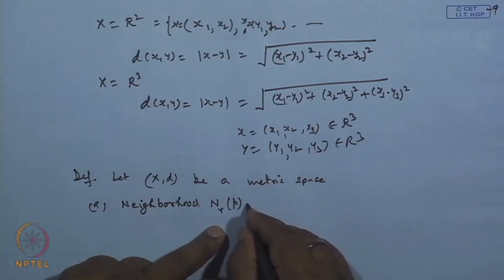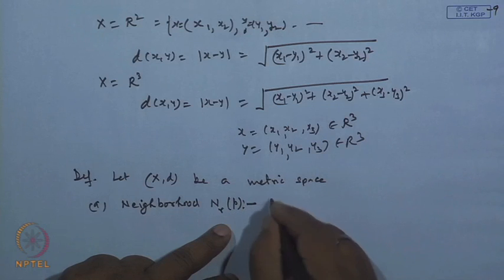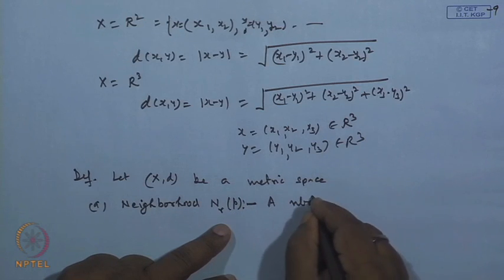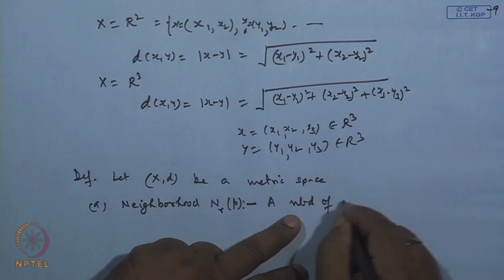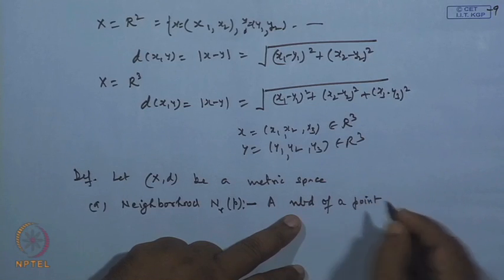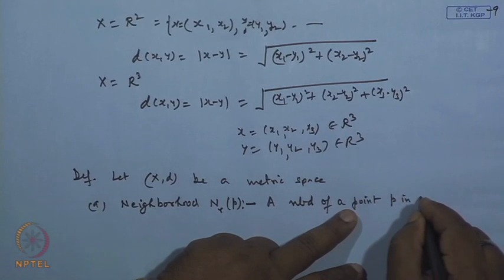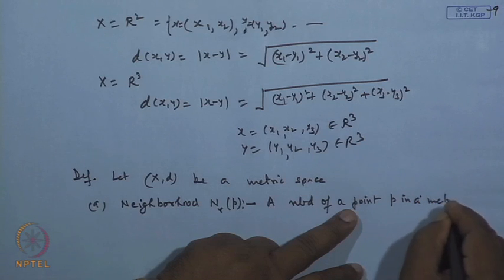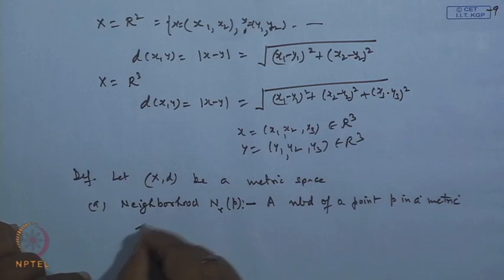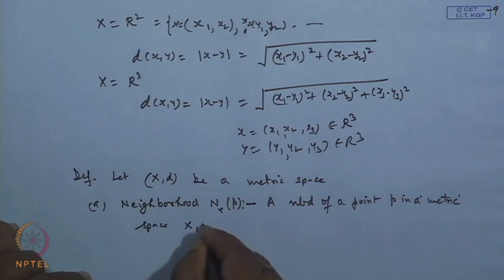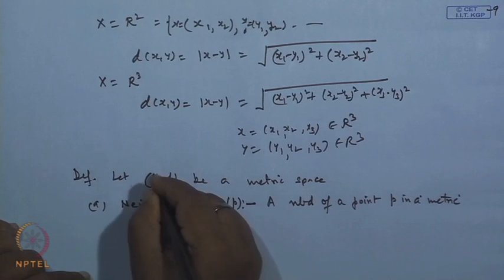So, we write this as NBD, the neighborhood of a point P in a metric space X, d,